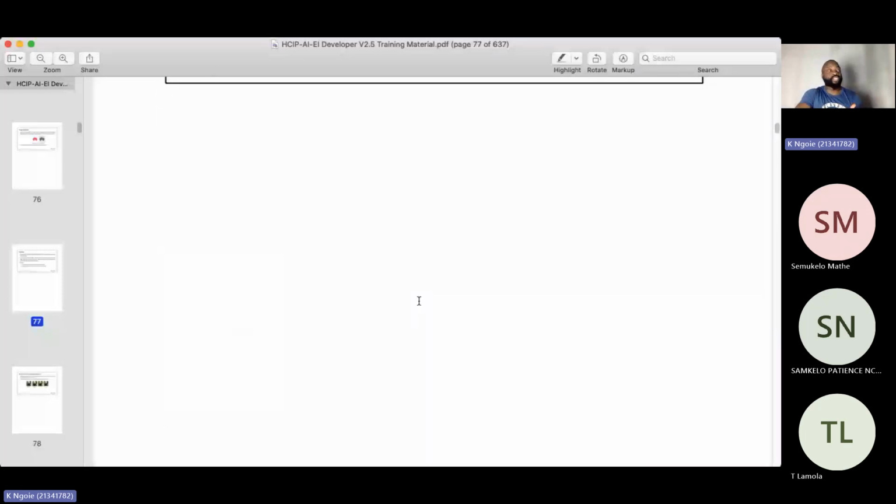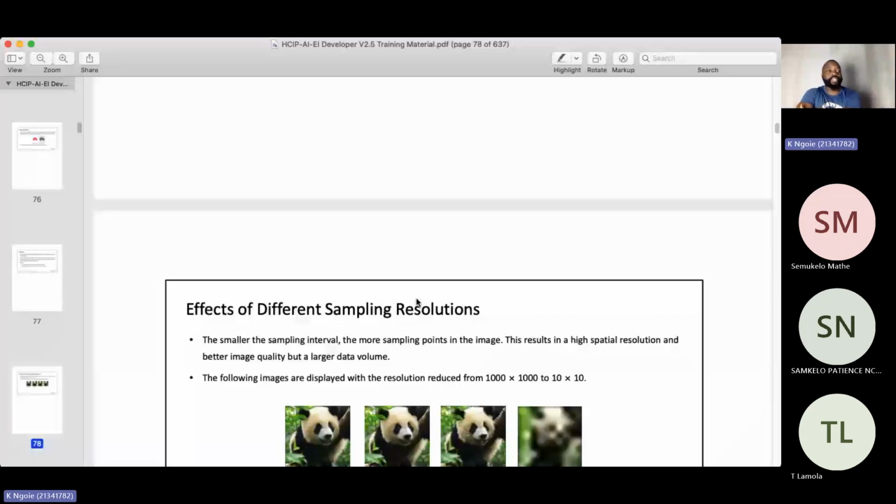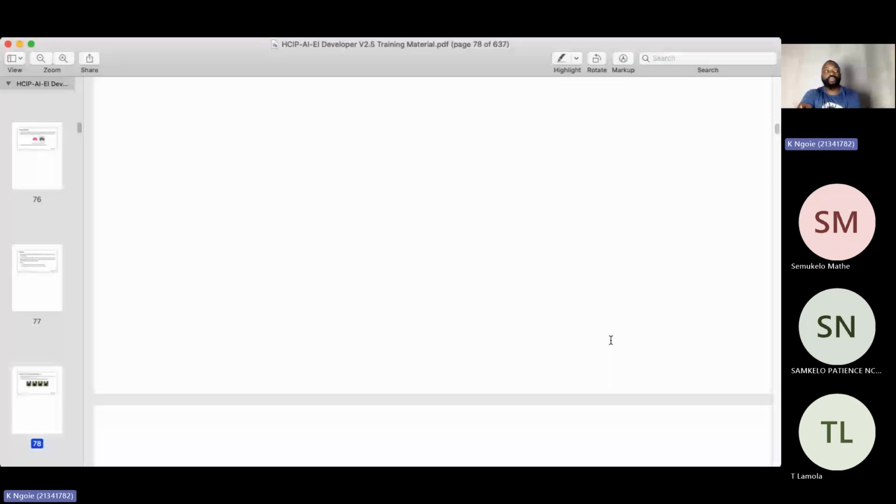quantization. So these are examples of pictures. Can you see this is 1,000 by 1,000? This is how it can look, 350. So the less we go, the fewer details we have in the picture. So when we talk about